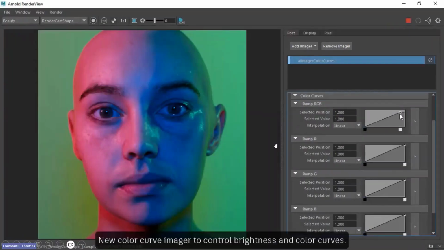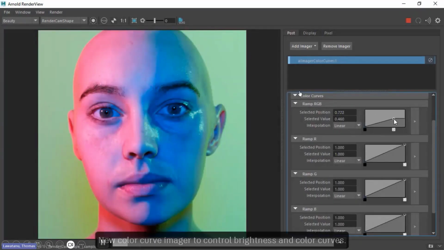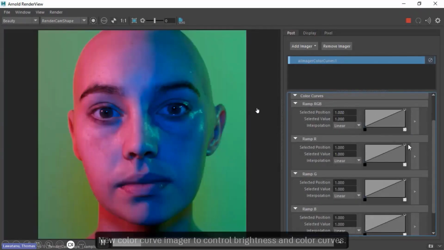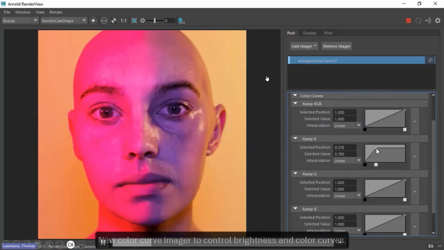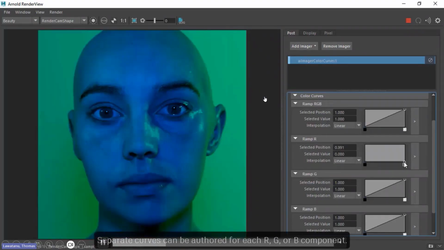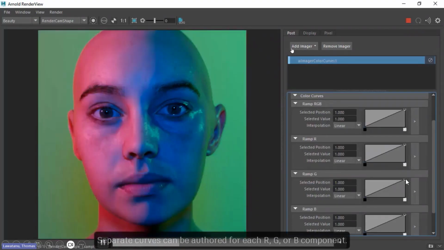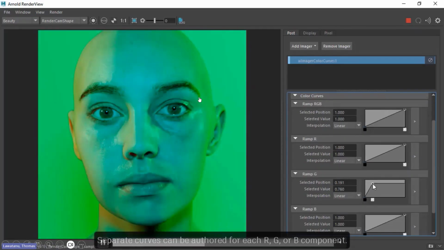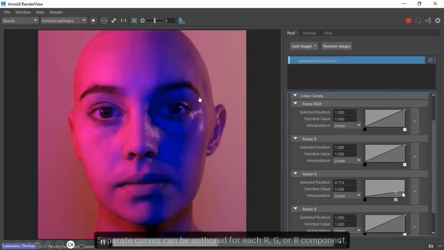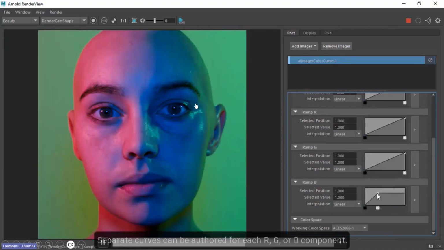Okay, this is an example. When you see the render view, even right now in Arnold, this is the IPR render, there is post effect. You can adjust brightness, contrast, hue, saturation, like you do in Photoshop, right? Even small adjustments you can do inside Arnold. There is a lot to do.